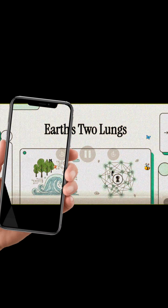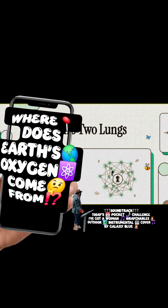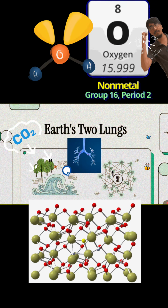Today we're diving into something absolutely vital and honestly fascinating, Earth's breathing system. I want you to think of our planet as Mother Nature, right? A living, breathing entity that relies on two massive, complementary lungs to keep the whole shebang in balance. Now, she tended to them perfectly for millennia, but right now, both of those lungs are under some pretty severe